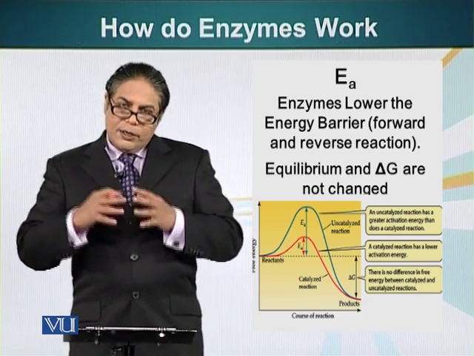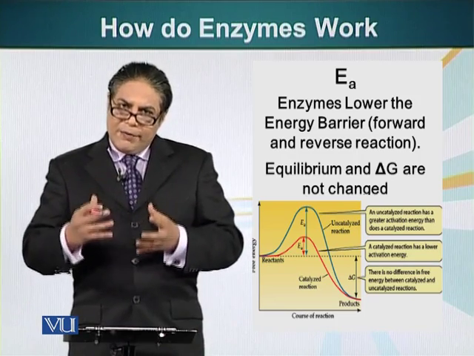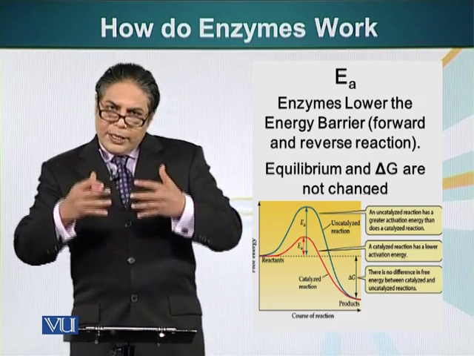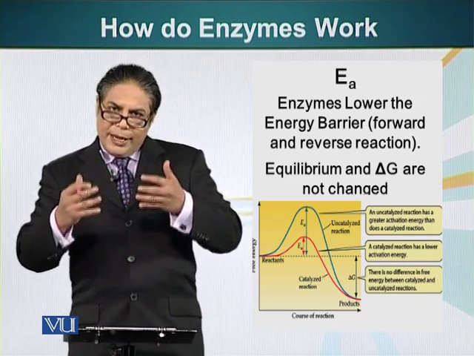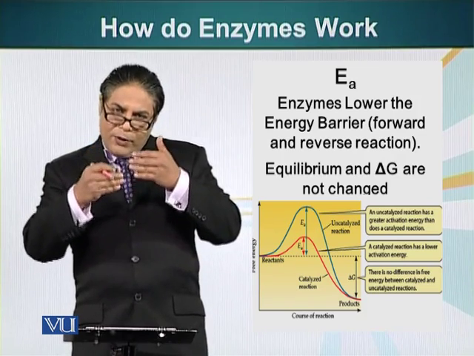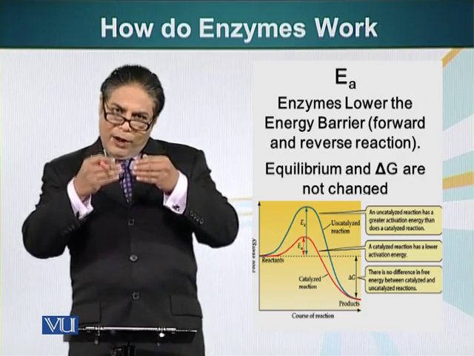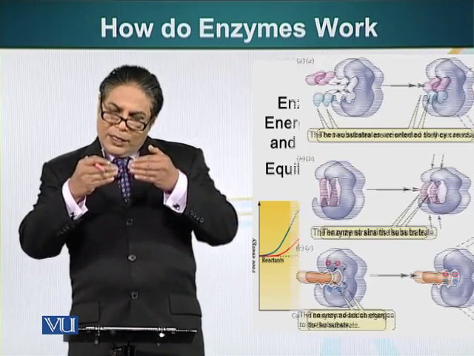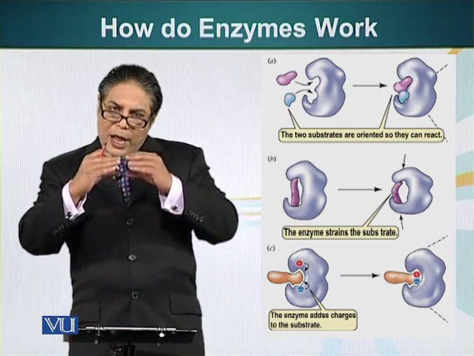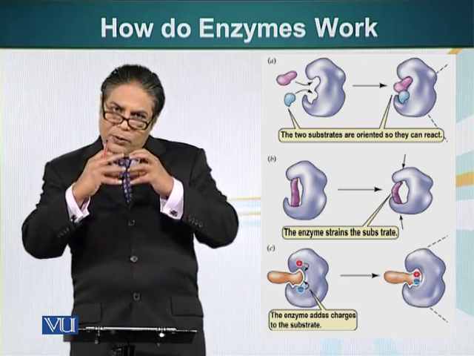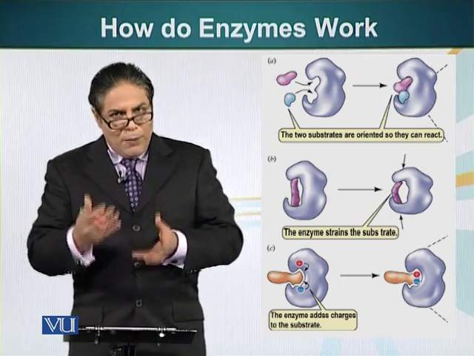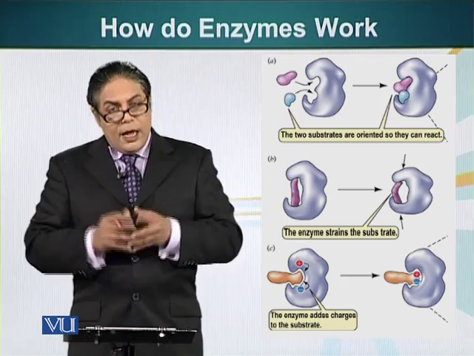How do enzymes lower the activation energy? For example, enzymes can orient the substrate molecules. When we are making a peptide bond, two amino acids have to be at the right orientation. The carboxy domain of one amino acid has to interact with the amino domain of another or adjacent amino acid. So enzymes can hold substrate molecules in appropriate orientation, and that's one way they can lower the activation energy, because